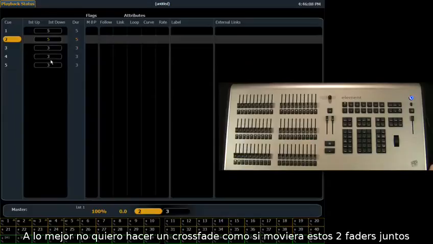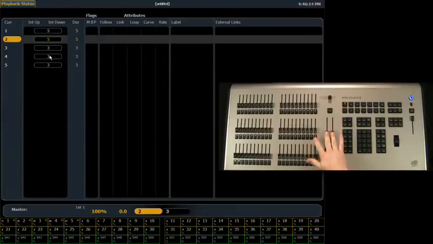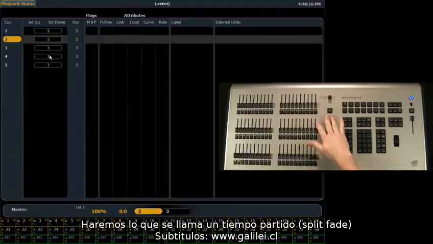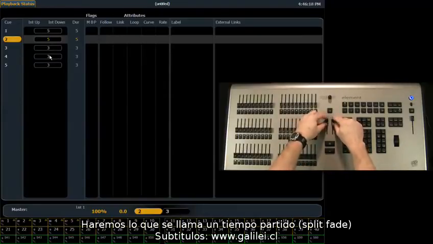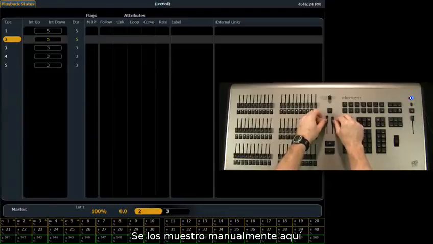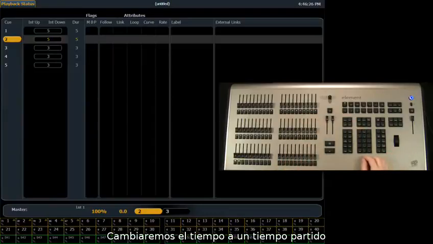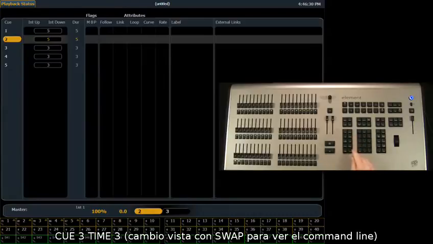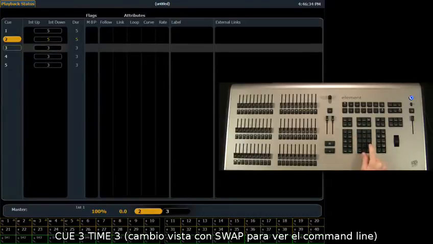In reality, I don't necessarily want them to do what's referred to as a crossfade, which, if we were manually fading those cues, would be the same as running them concurrently like that. We're going to do what's called a split fade, which is running one fade faster than the other. I'm demonstrating that manually now. And the way we do that is by changing the time into a split fade time. So if we go Q3, time 3,